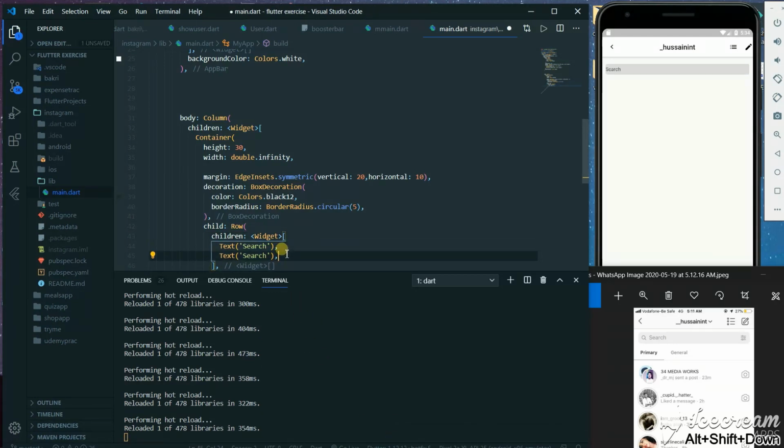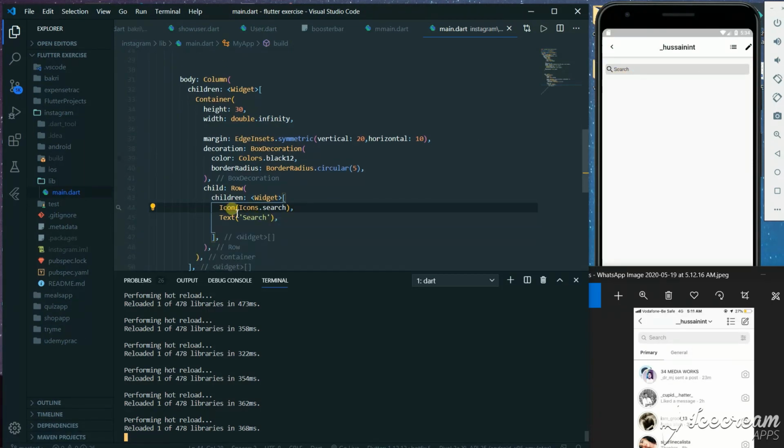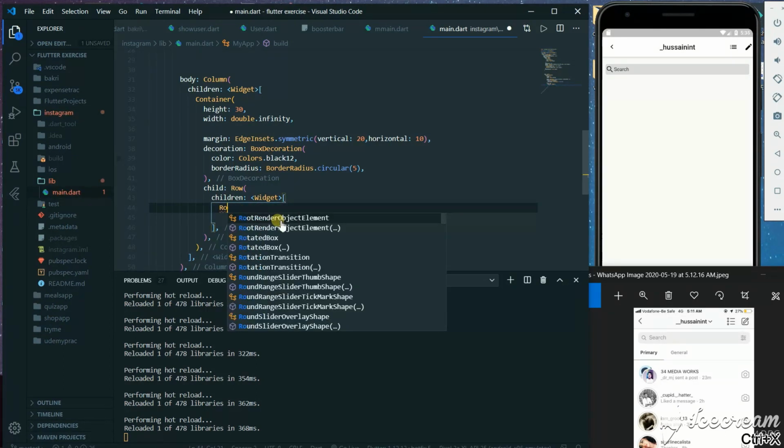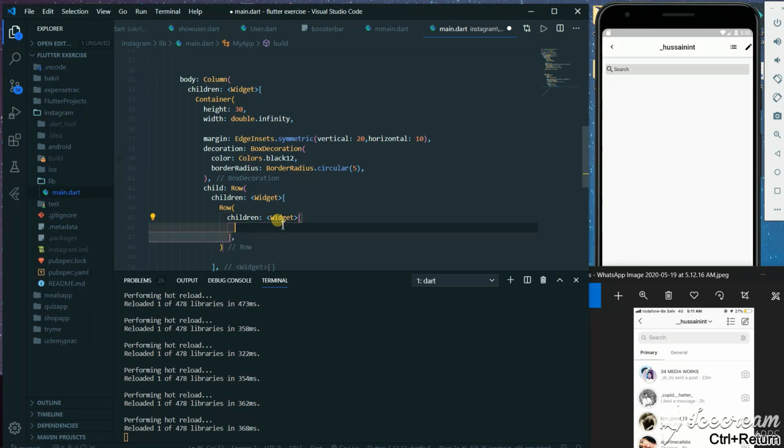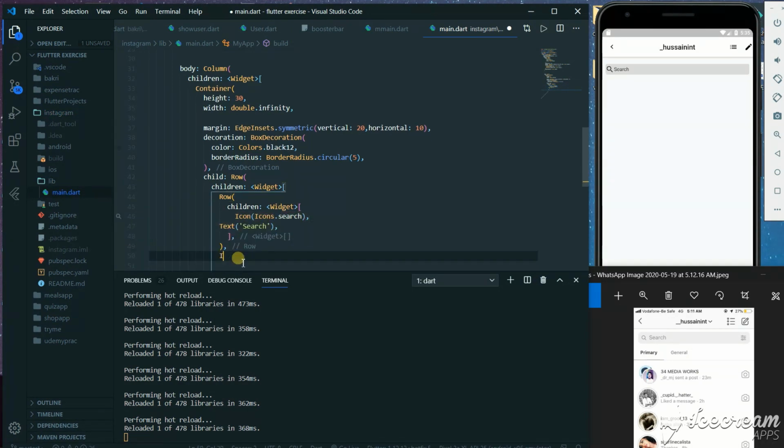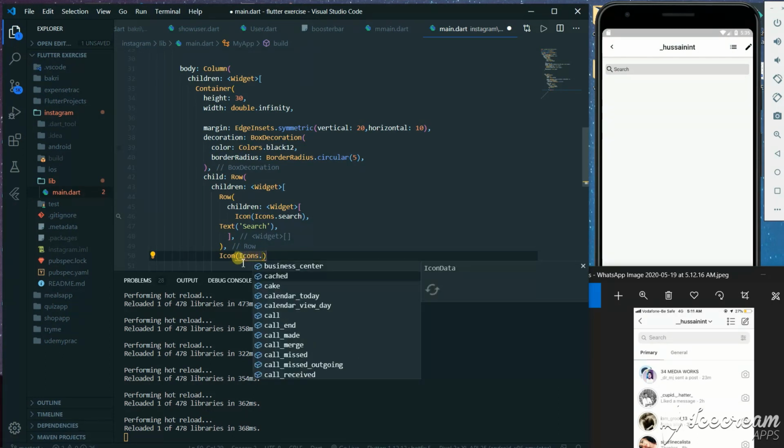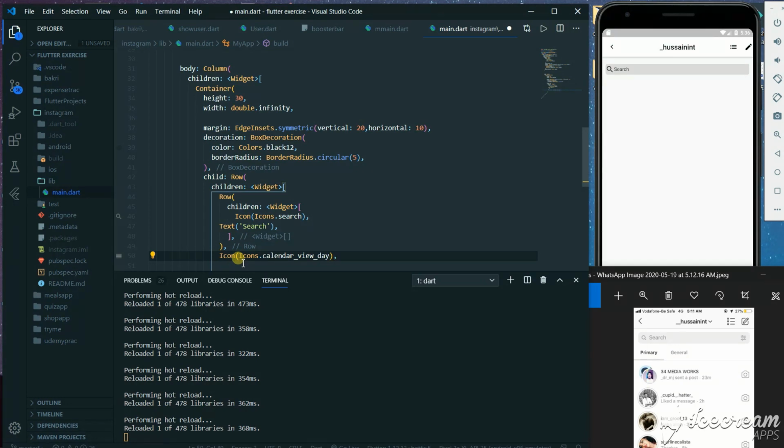We can see the text there, and if we have two texts, they're side by side, so it's good. Now we'll give an icon first, and that will contain Icons dot search icon. We can see that the icon is there. In the last we need another icon. For that we'll wrap these two in a row first, because there's a special property in Flutter which we'll see now. And outside this row we'll give Icons dot, I don't know the name of the icon, so roughly we'll give this icon. We can see it's together.